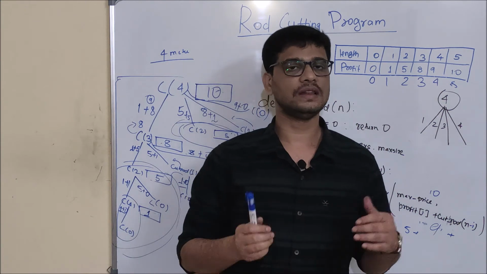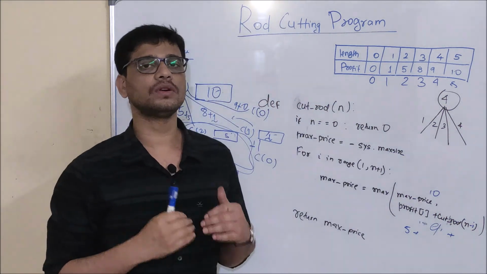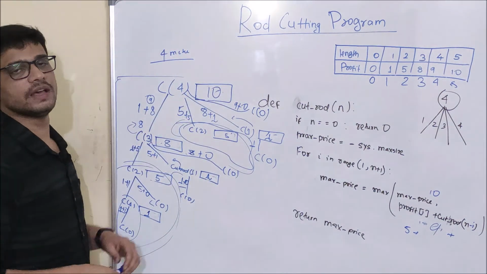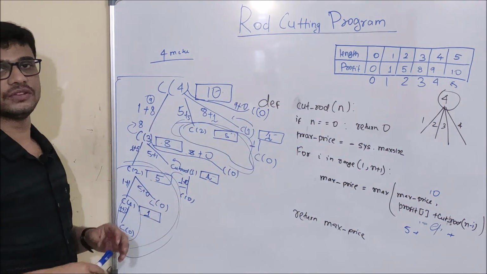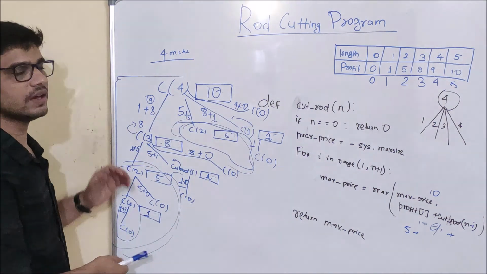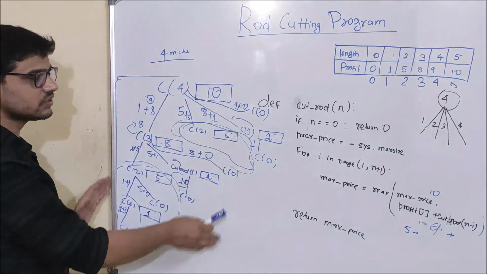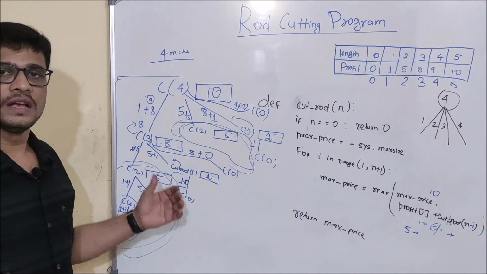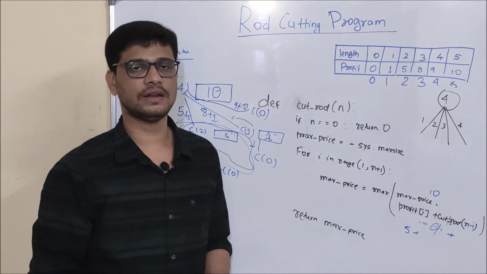So in the next video, we will see the top down version code for this one. And one more thing, this code is itself an exponential program. That is, this recursive program is itself an exponential one, because I am doing the same thing which I was doing in the brute force version. That is, I was checking all the options and at last picking the maximum value one.